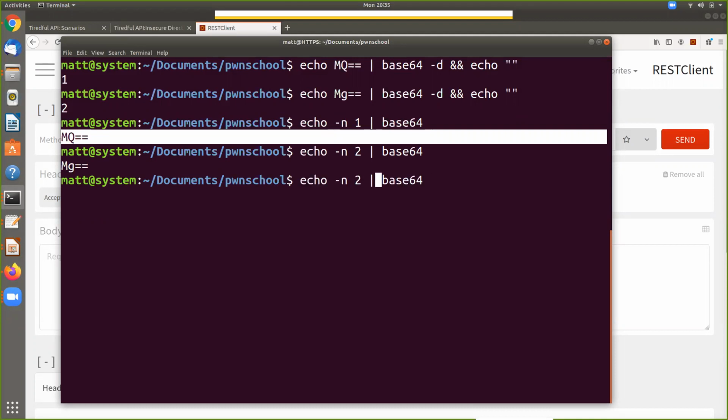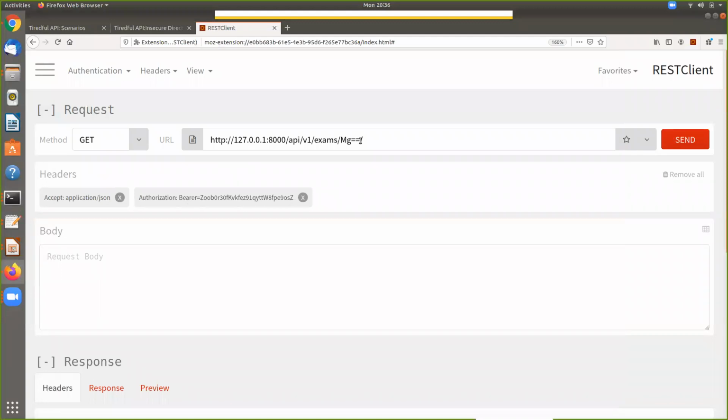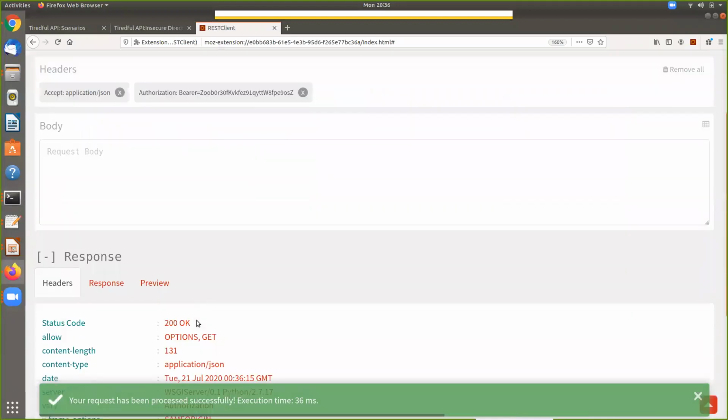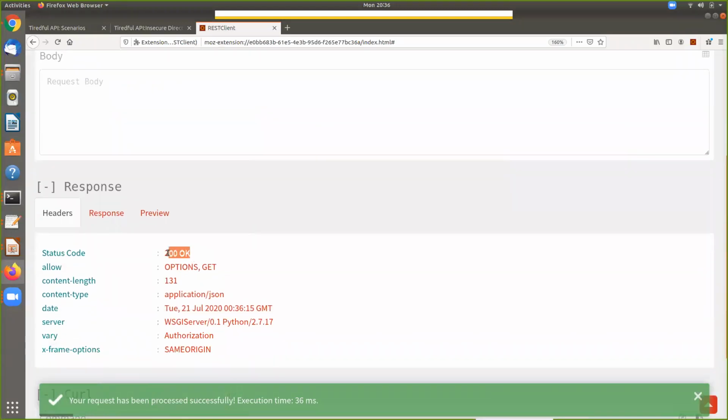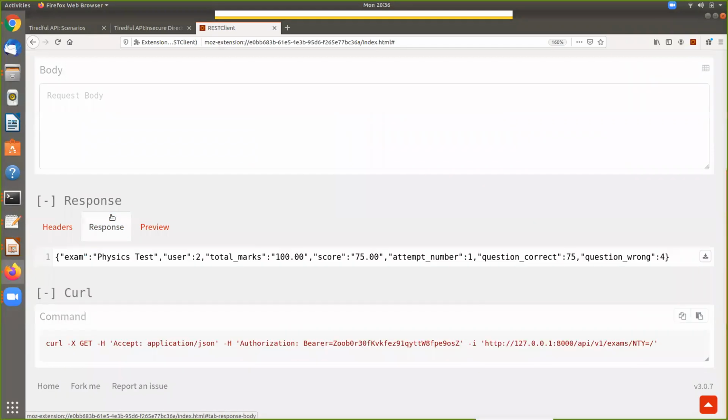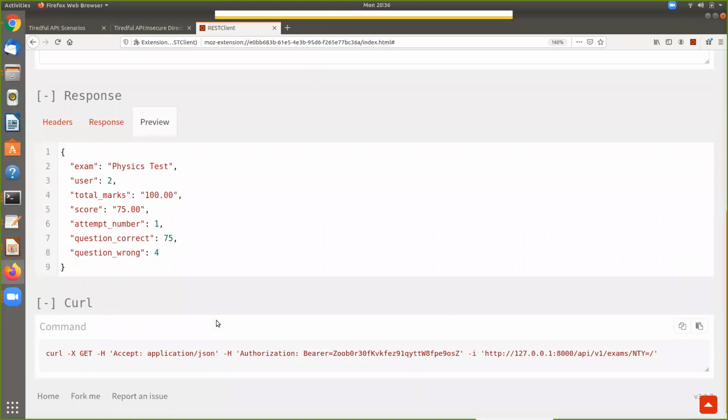And again, the goal here is to try to get something that we shouldn't have access to. So let's try a number like 56, and the result we get is capital NTY. Let's go back to this, and we'll simply change this part here to capital NTY, 1 equals. Again, we shouldn't be able to see stuff that's not ours. We send that, the server liked it, we got a 200 status code. So we have a physics exam. Notice this time it's user 2. This is something that we should not have access to.